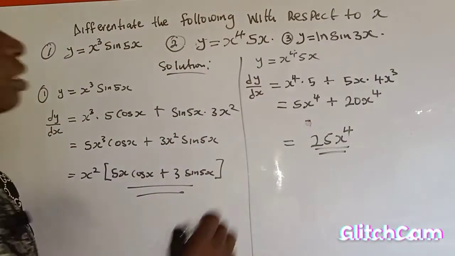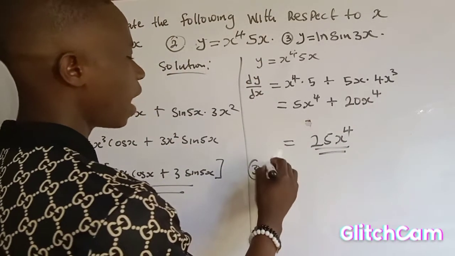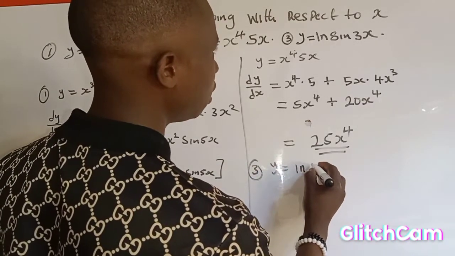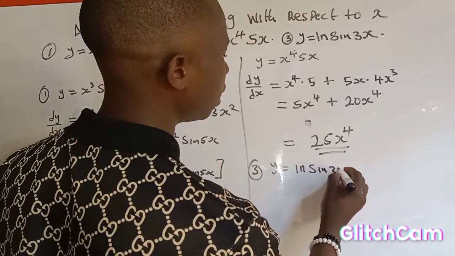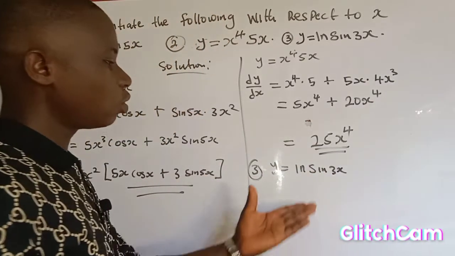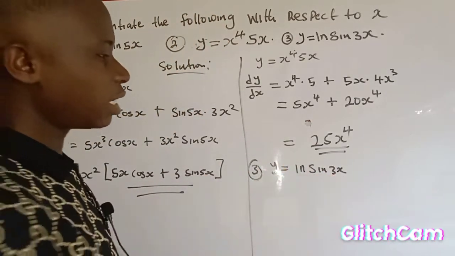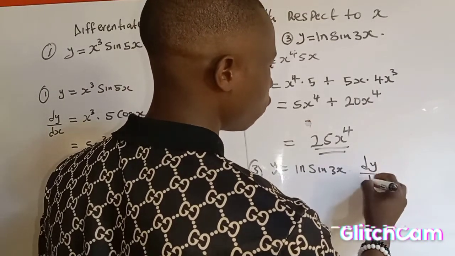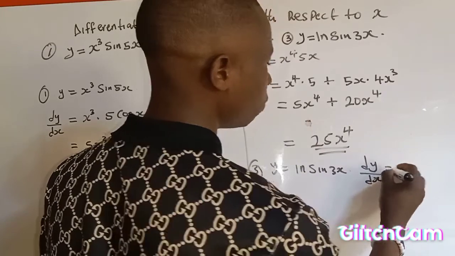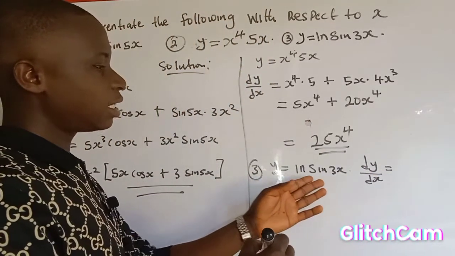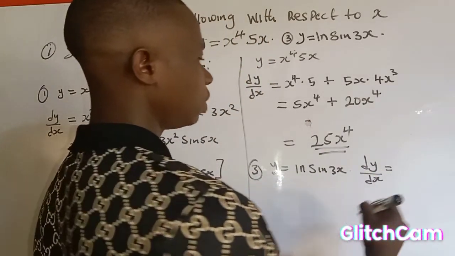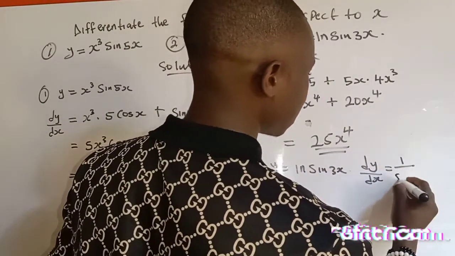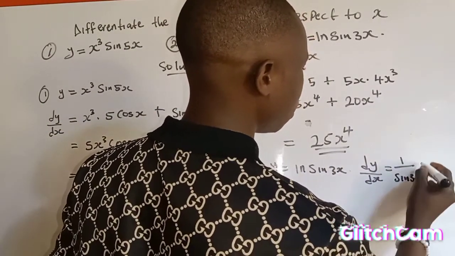So let us look at number 3. We say y is equal to ln sine 3s. So what we are going to do here, the dy over ds of this function will be equal to, ln sine 3s, which can also be written as 1 over sine 3s, then multiply by